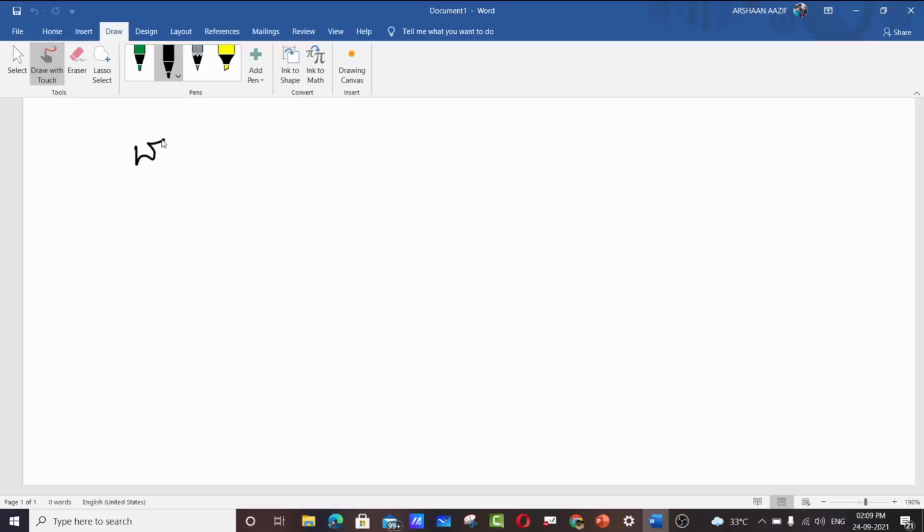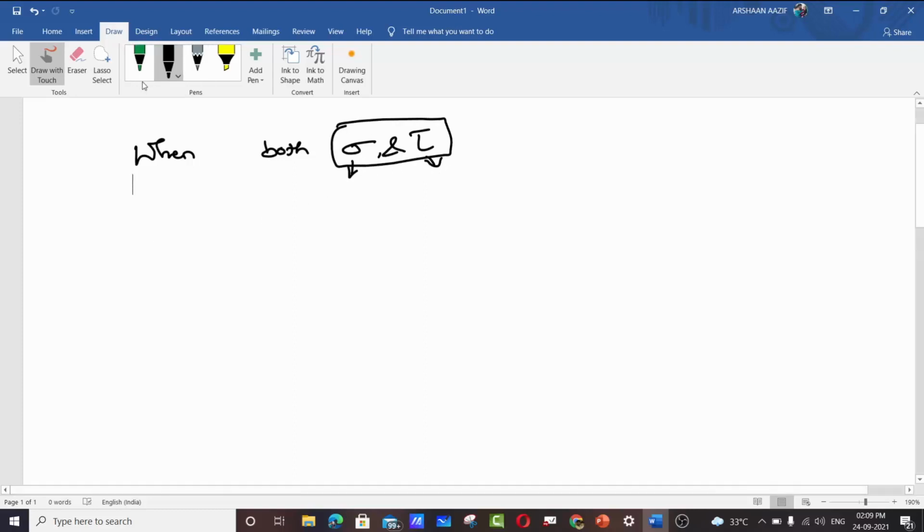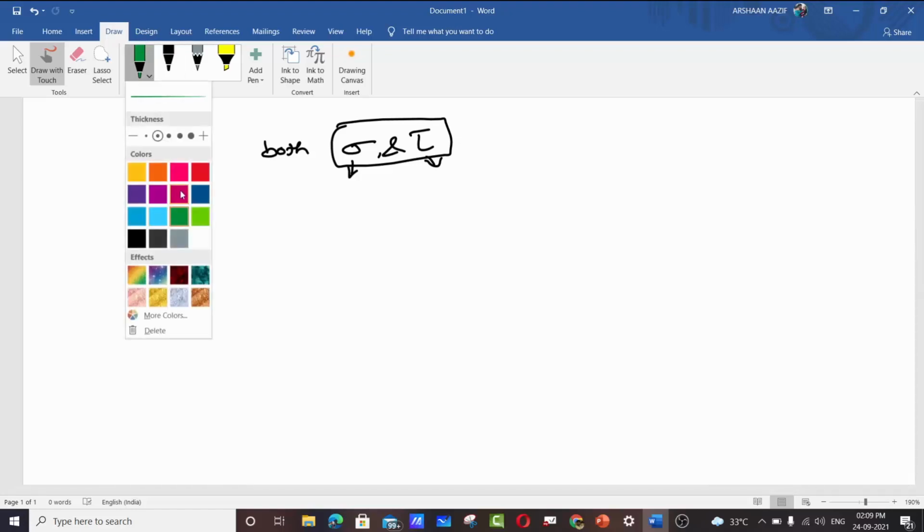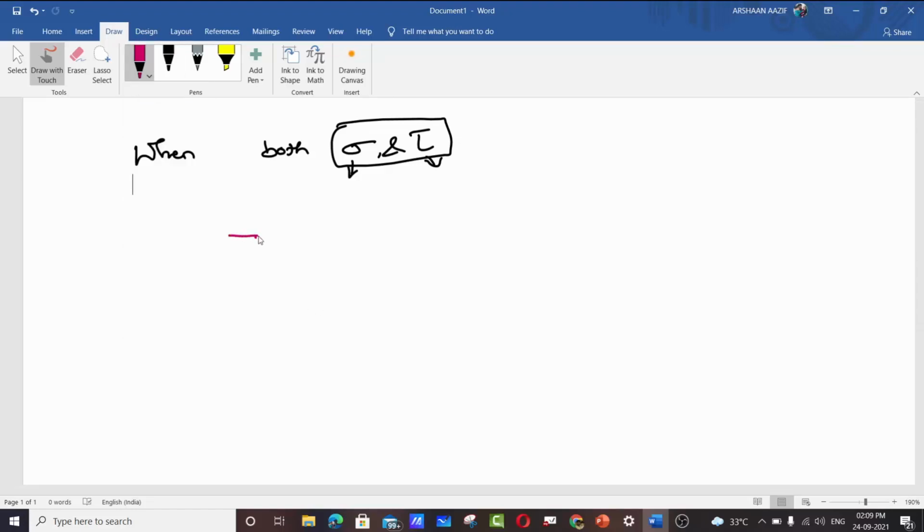When a member is subjected to both sigma and tau. We have been solving problems where the members were subjected to either sigma or tau. So what if this is combined? For example, since we are dealing with shafts here, let us consider a shaft which is subjected to a load.